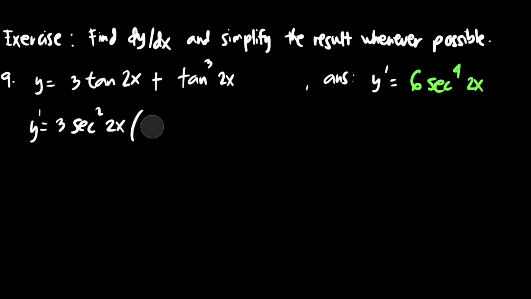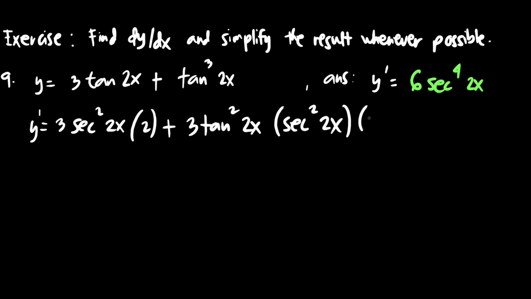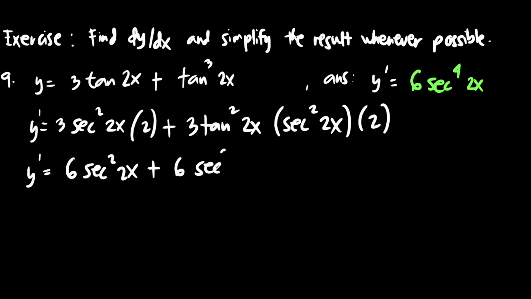2. Plus, by the power rule, 3 tan, just copy the inside, and 3 minus 1 is equal to 2, so tan squared 2x. The derivative of tan is secant squared, so just copy the inside, and then the derivative of the inside, 2x, is 2. So simplify further, 6 secant squared 2x plus 6 secant squared 2x